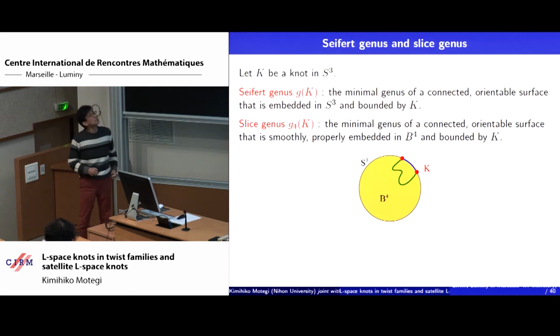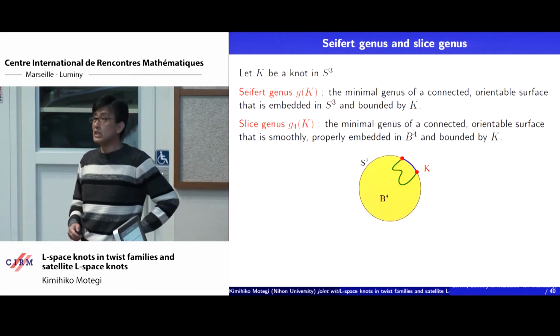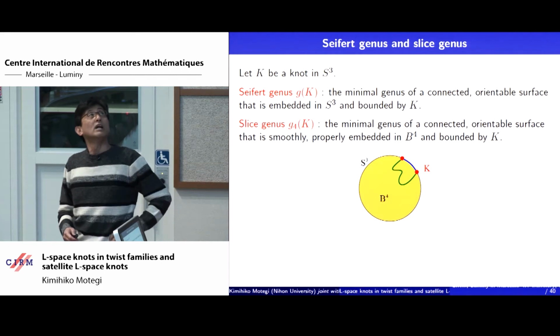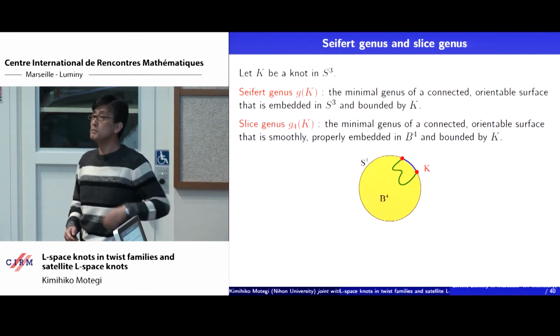some definitions and notations. So let K be a knot in the three-sphere. Then it is well known that it bounds a connected orientable surface embedded in S^3, which we call a Seifert surface of K. And the minimal genus of Seifert surfaces is denoted g(K) and called the Seifert genus, or simply the genus